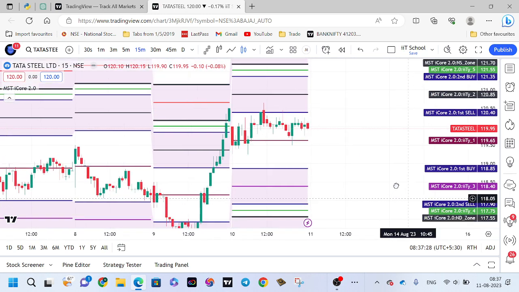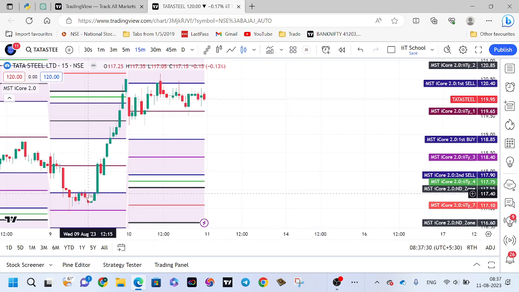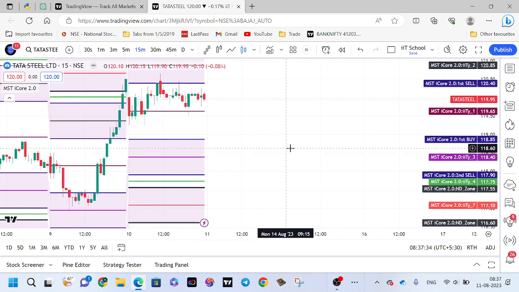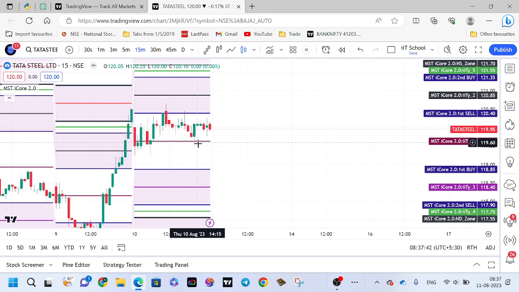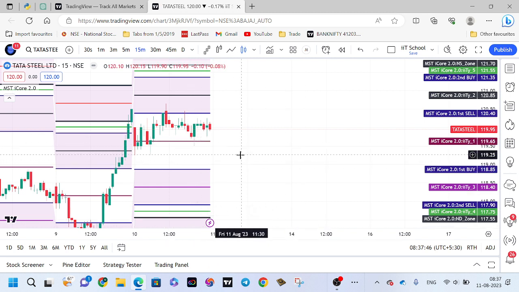See what happened. The previous day's low was 117. From there our buy got activated. It has reached our next supply zone. Then yesterday sell got activated, we got the target. So these are very small stocks. You can take some 500 or 1000 shares, and book 1 or 2 points for 1000 to 2000